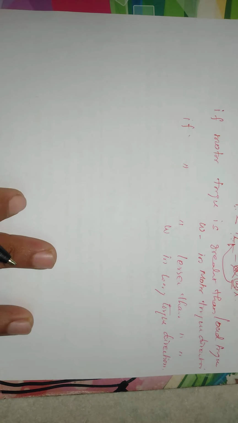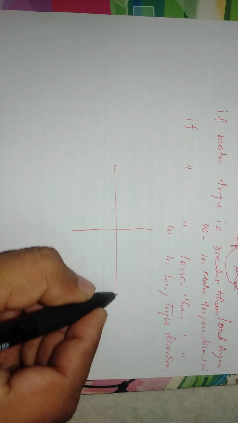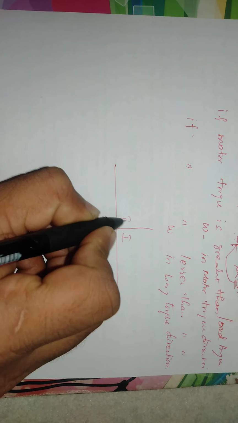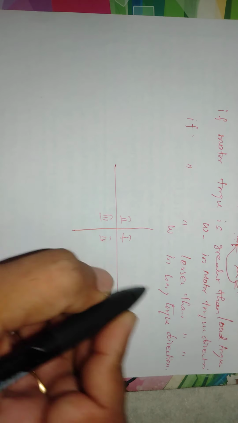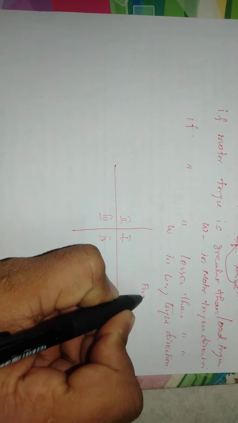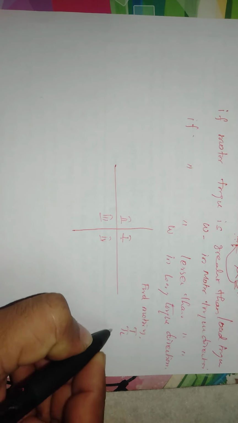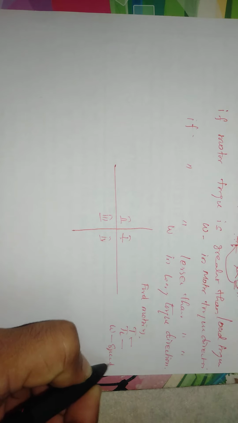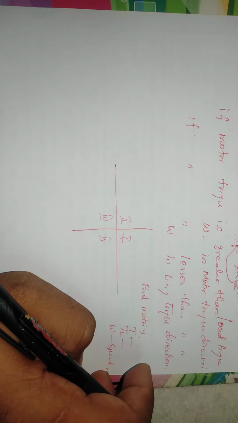Now we can draw the four different quadrants of operation. Using these four quadrants, we can easily identify it. Already we know there is the first quadrant, second quadrant, third quadrant, and fourth quadrant. What is the first quadrant? In this quadrant, forward direction of motoring takes place. Here we need to consider T, TL and omega, that is motor torque, load torque and speed. These are the three terminals we need to identify for this simple graph.